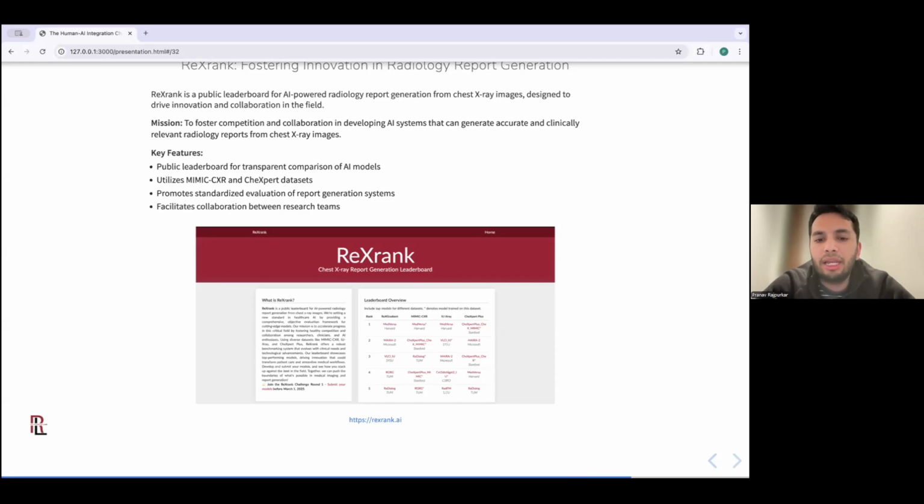And RexRank has evaluations of several models that are trained by both academic and commercial groups and represent our current understanding of what represents state of the art. MedVersa is one of the top performing models on the leaderboard. We have evaluations not only on public data sets, but also on one of the largest private data sets, which has been used to compare these models.